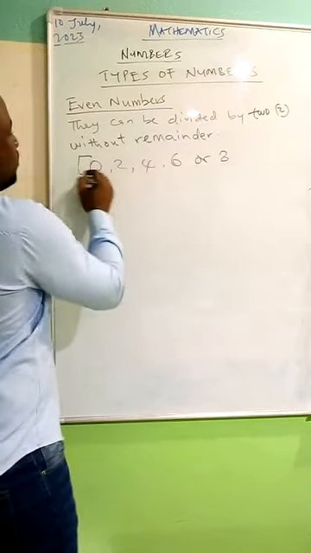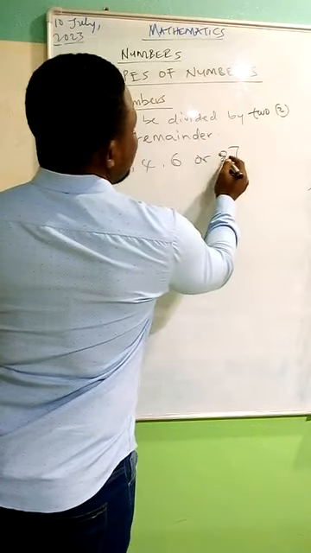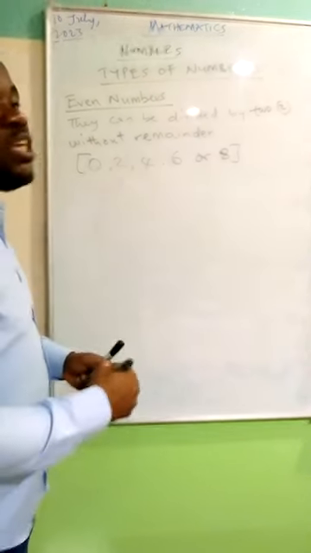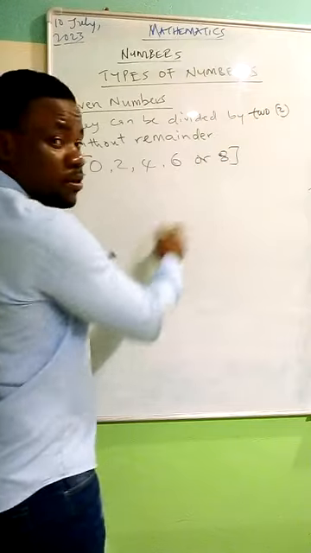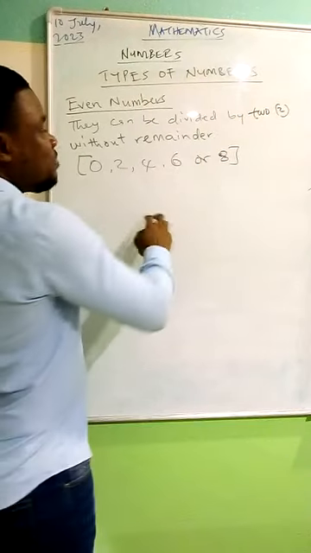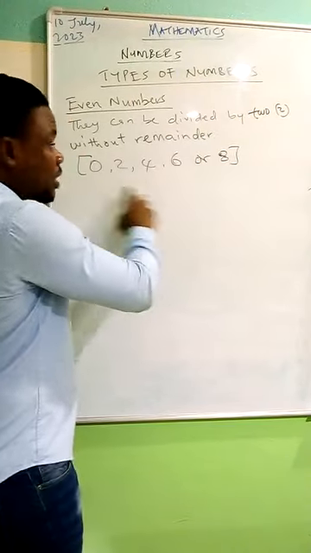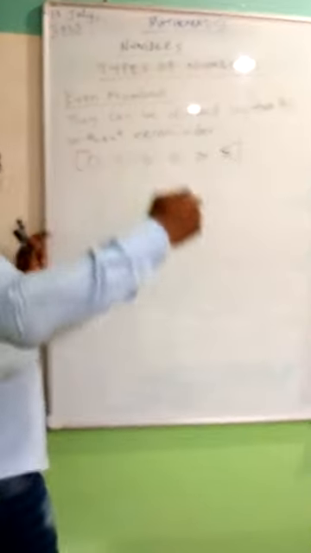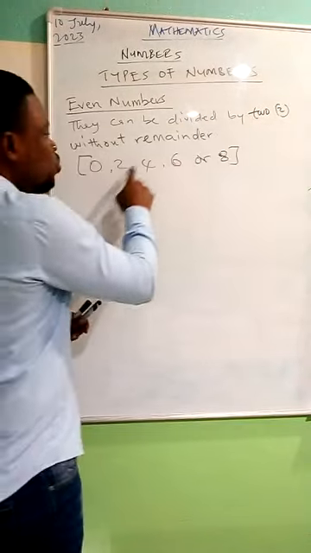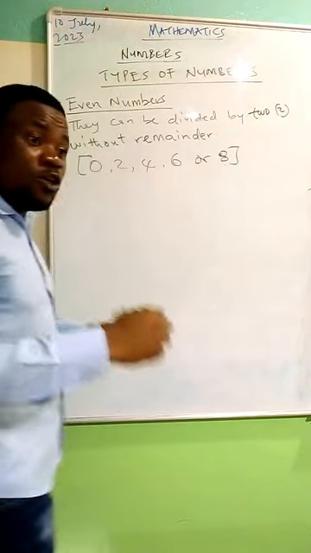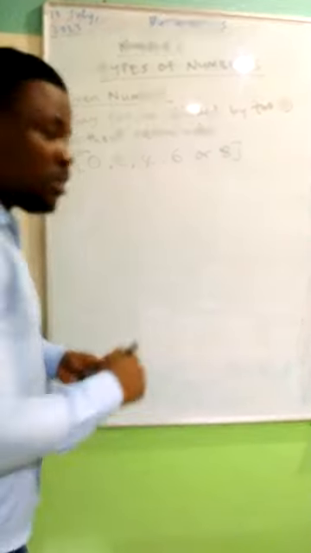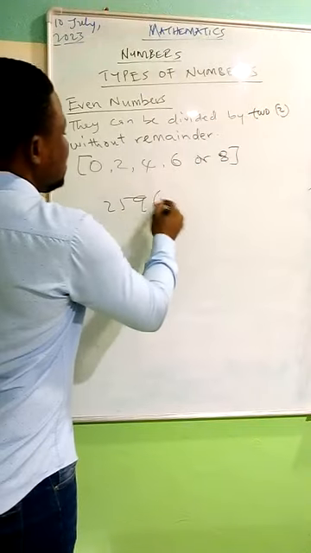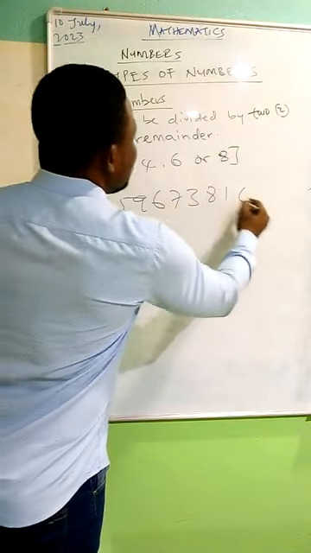Take note of that. Right? Because this will always help you to know what now? Even numbers. All even numbers will end on this side of what now? By that. You get what I'm saying? The last value on this end for even numbers will have this code. Is that right? The value under the unit will either be 0, 2, 4, 6, or 8 for the number to be an even number. If I give you something like 2, 5, 9, 6, 7, 3, 8, 1, 6, 7,